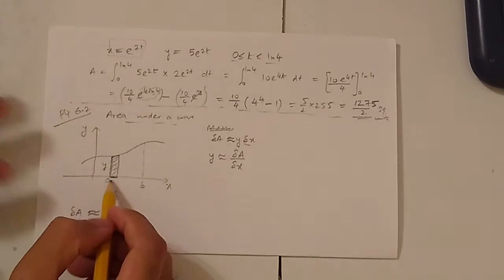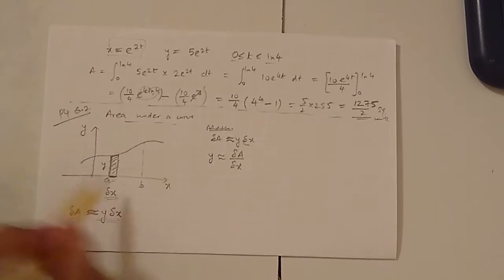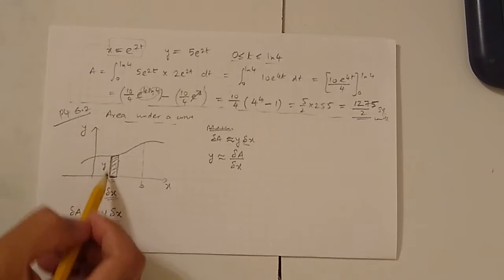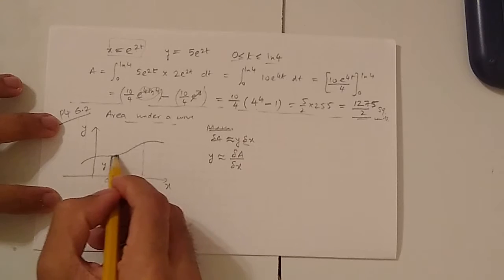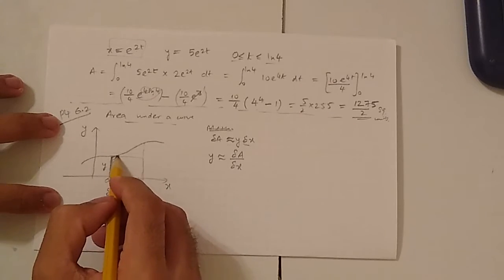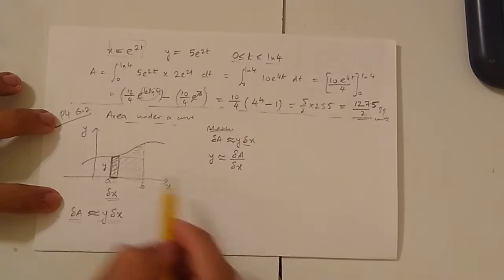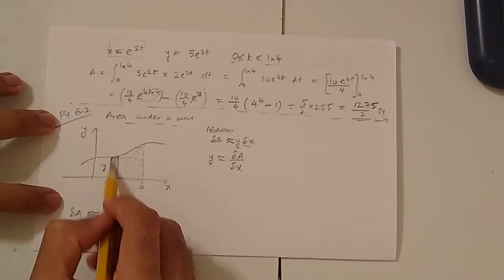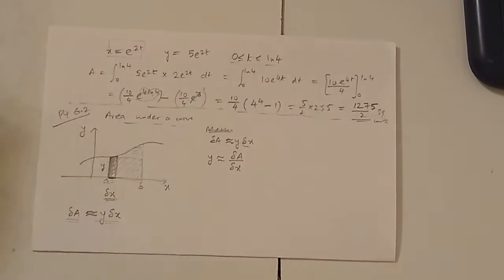Now, the smaller delta x becomes, the more accurate the area becomes. As the width becomes smaller and smaller, the area is going to become more and more accurate. If the width was big enough, the area is going to be only approximate, very inaccurate, because we are not considering this area. The thinner the strip becomes, the more we reduce the width of the strip, the more accurate the area becomes.